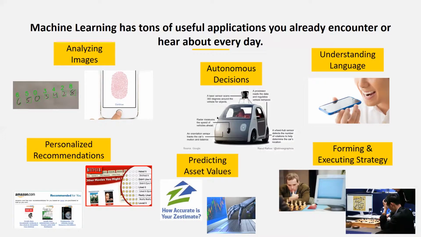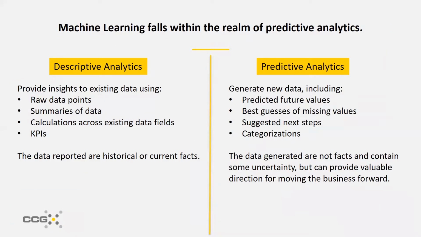Whether it's handwriting recognition, autonomous vehicles, understanding your voice, right? When you speak to Siri, there's a machine learning algorithm converting your speech into text. Machine learning is kind of pervasive in our society today, but it can be hard to understand what exactly is going on behind the scenes. And so that's what I want to give you a little bit of an introduction to today.